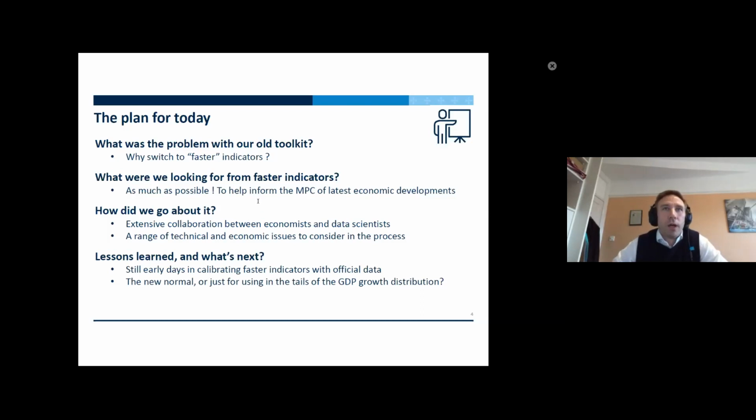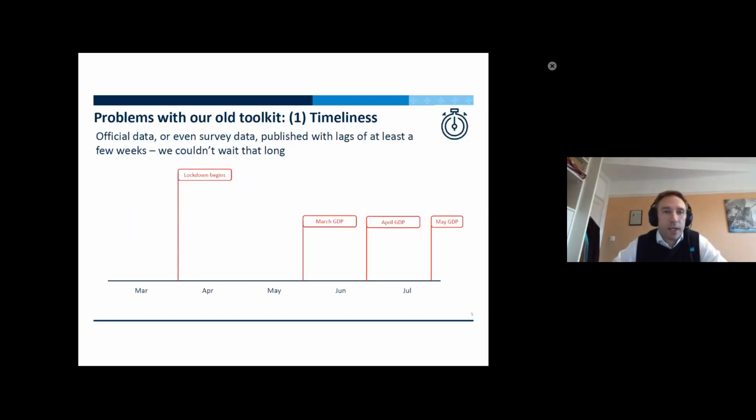What was wrong with our existing toolkit? And there's essentially two main points here. The first is timeliness. This chart shows a simple timeline of the main economic data releases. So the UK went into lockdown in late March, but as you can see, we weren't going to get March GDP data